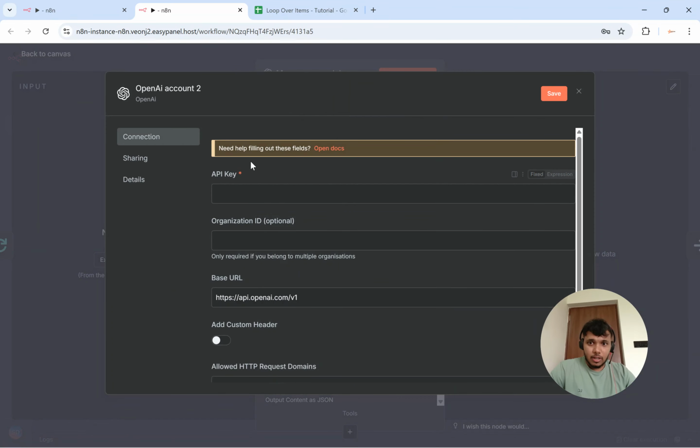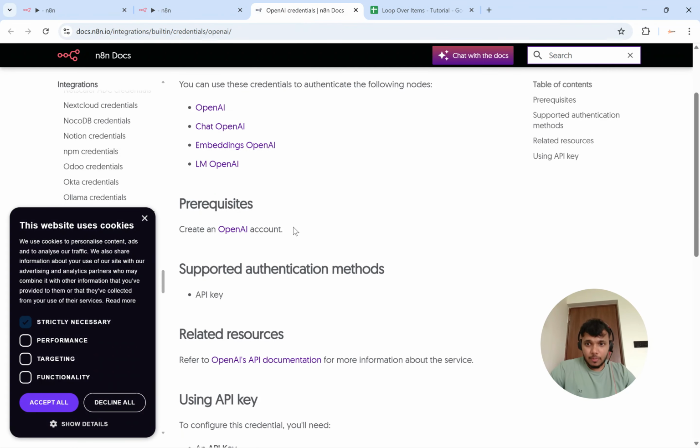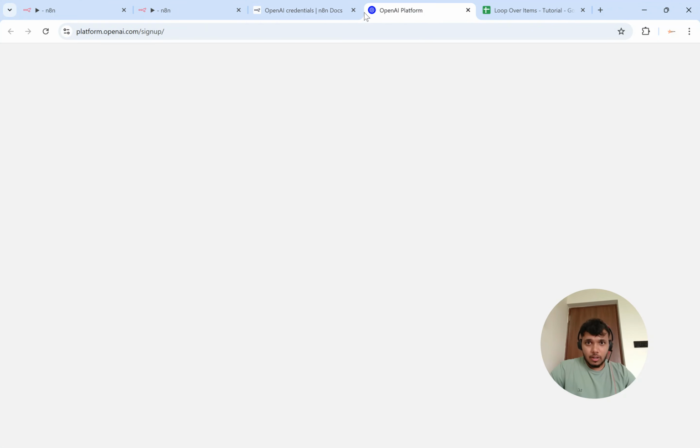Create new credentials, and N8N has done an incredibly good job with having all the docs together. So if you go to the docs, you will have to create an OpenAI account. I happen to have one again. So just go to